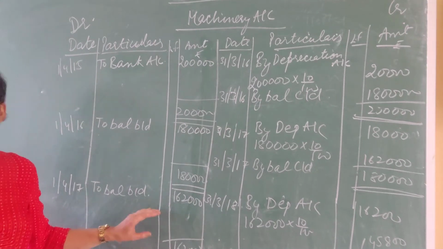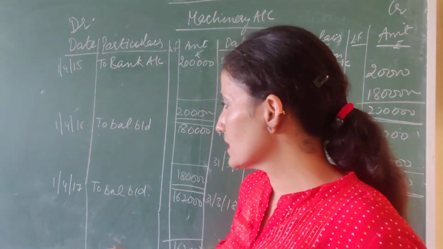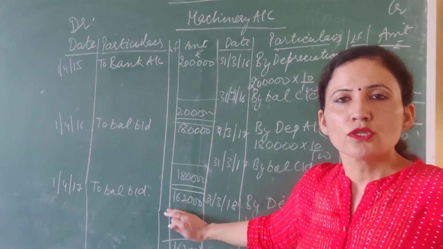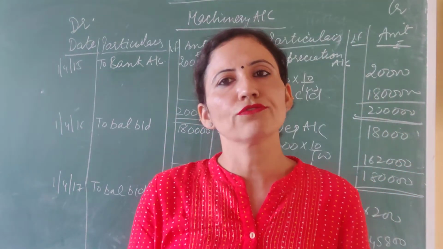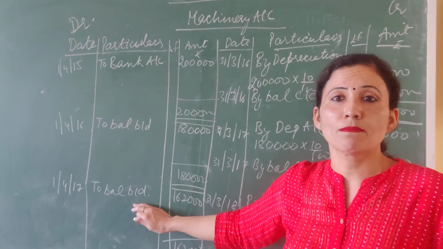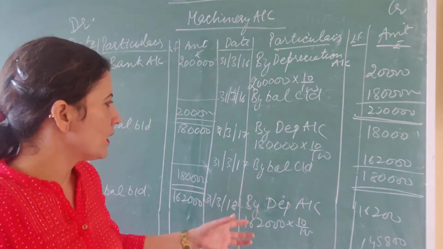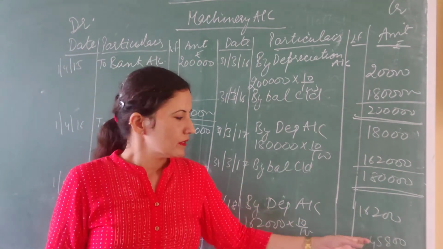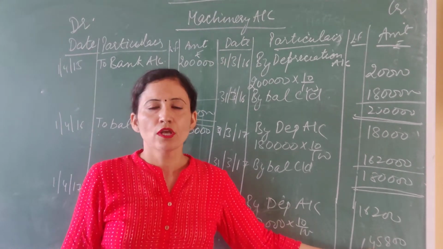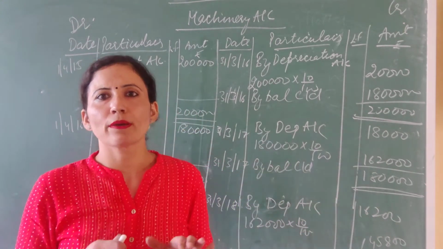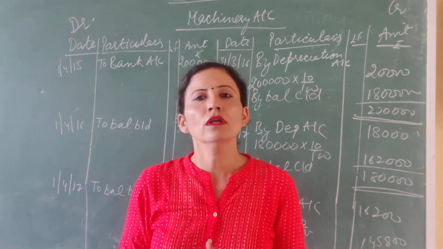And the rest balance is 1,62,000, which I will forward to the next year, which I have written here. This is to balance brought down, means this is the third year balance brought down. So obviously now this is the new balance. So I will not look above and put the same depreciation. Now it is charged on the 1st April 17 balance, that is 1,62,000, and the depreciation would be 16,200. Then the balance carried down would be 1,45,800. So in this we have to charge depreciation whether we are having one machine, two machines or three machines.